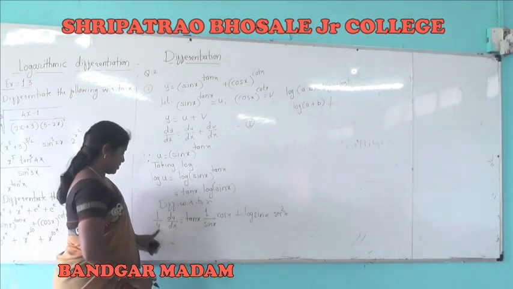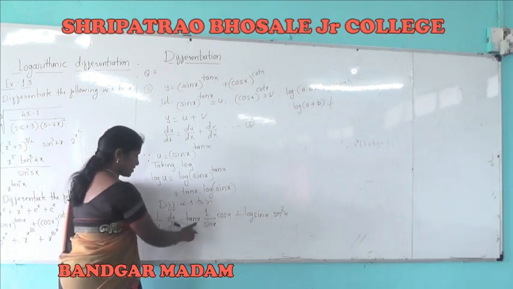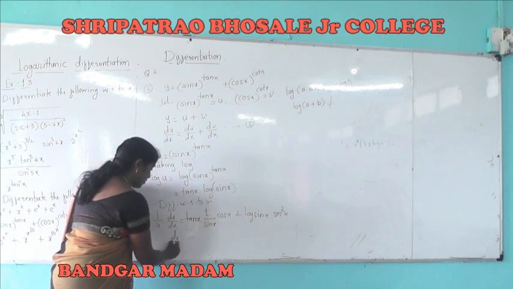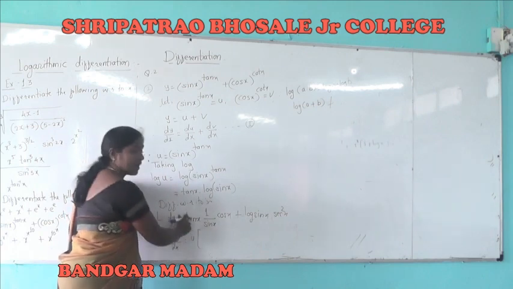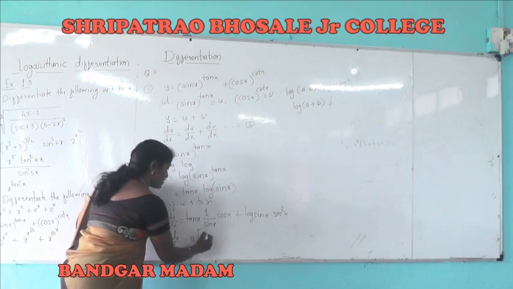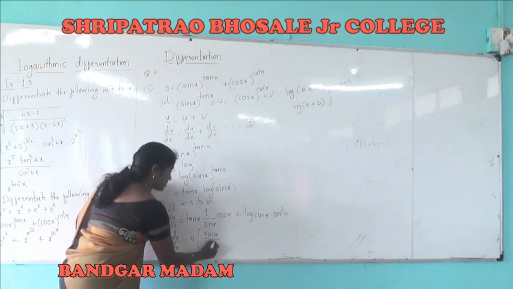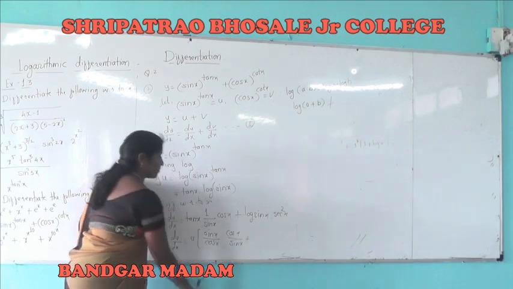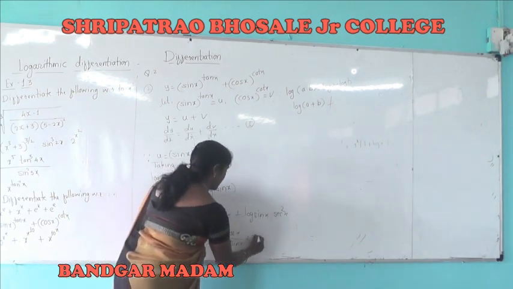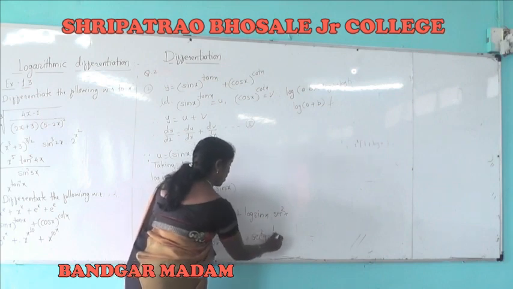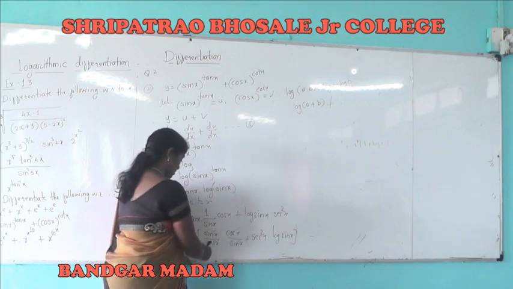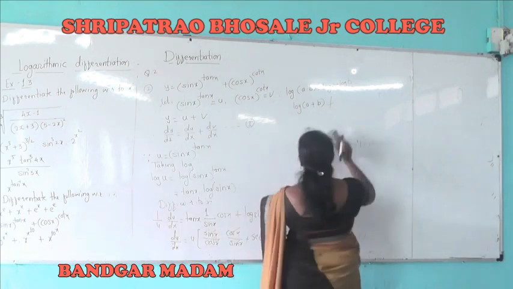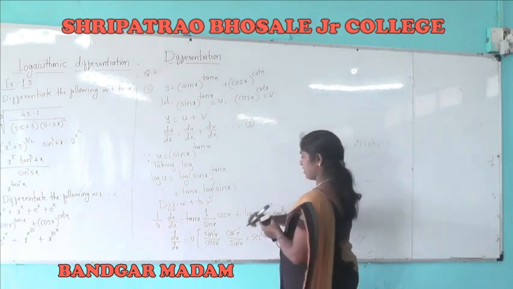Now this u is multiplied over here. This tan x is sin x by cos x, which gets cancelled, and we get du by dx is equal to u into tan x, which is sin x upon cos x, and the multiplicand is cos x by sin x plus sec square x. We take the first sec square x into log of sin x. Now sin and cos cancel.